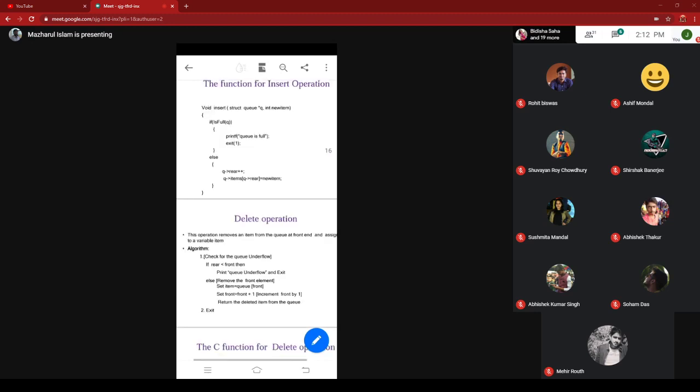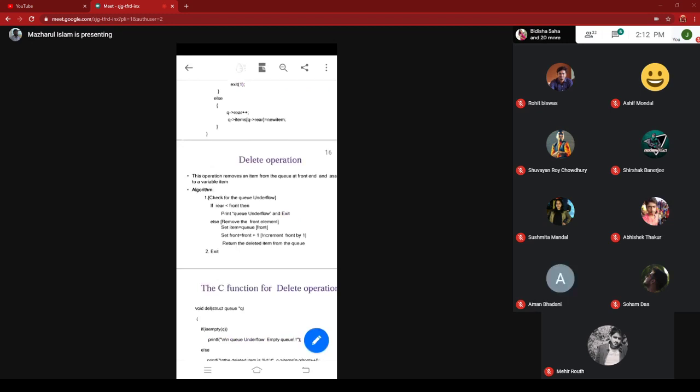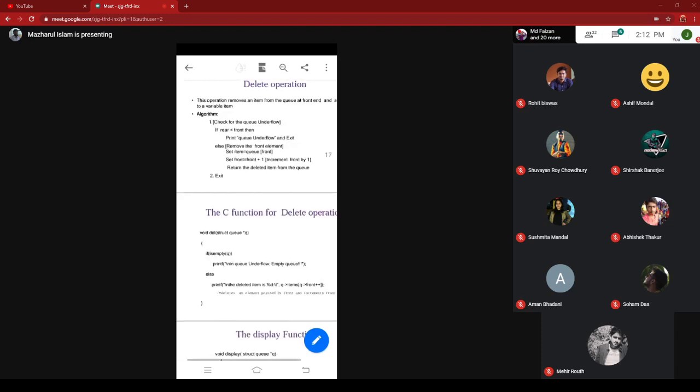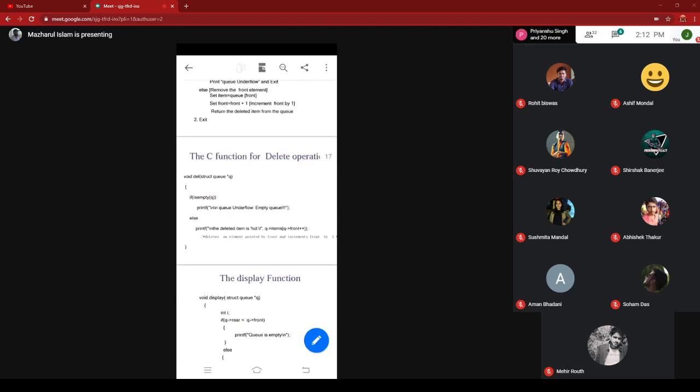Now the delete operation initially will check rear less than equal to front. If rear less than equal to front, then queue is empty, you cannot delete. That is when the underflow condition is achieved. Otherwise, just take the element first in the item and then front equal to front + 1. So here is the algorithm, and the compact definition of the delete function. Is empty is checked, and then inside the else part, the item is retrieved, and then front is updated. In case of insertion, rear is updated first. But in case of deletion, front will be updated after the element is taken in the variable.